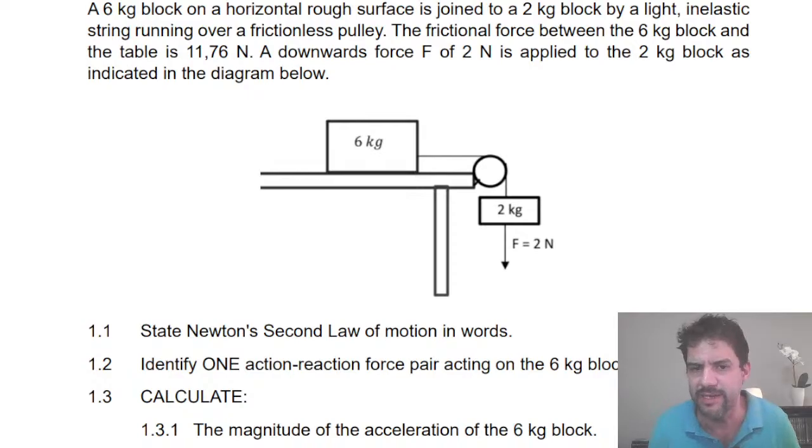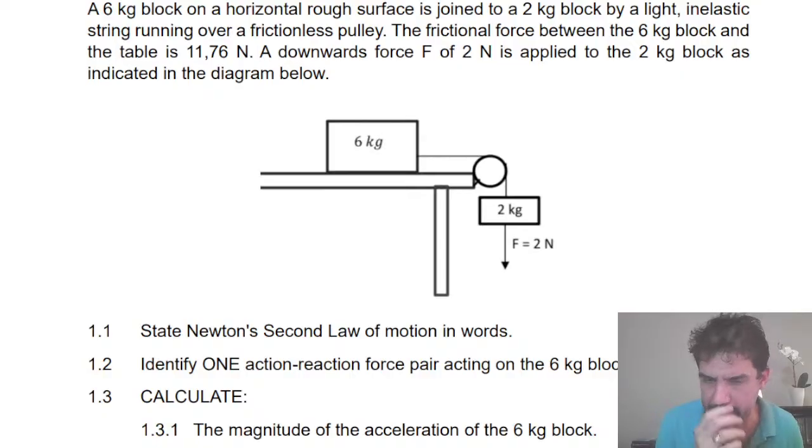So it must be stated in words. Now, previously, this law had 3 main parts. The first part is to say that when a net force acts on an object, the object is going to accelerate in the direction of the net force. That is the first part of the law. Previously, and I'm speaking about last year and before, they did not give a mark for that part. It means if it was there, it was all right. If it wasn't there, it was also all right. But this year, as from 2026, if you do not write that part in the definition, then you will not